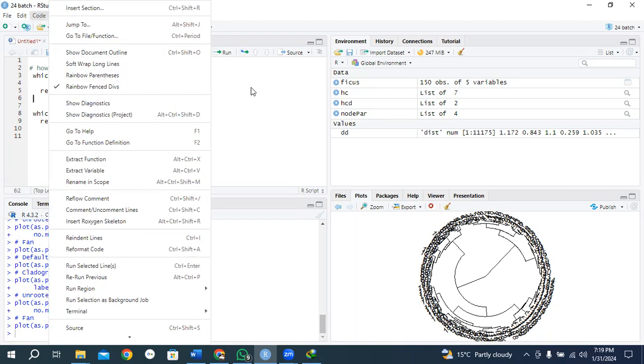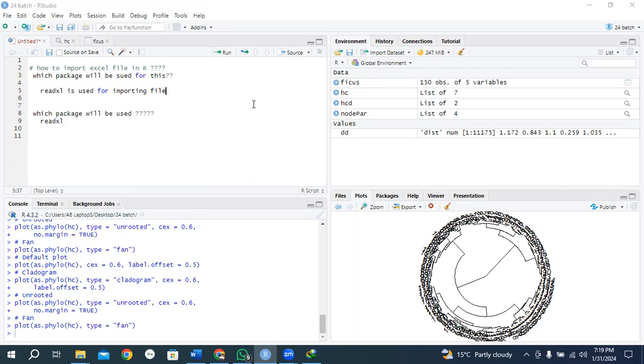He is unable to find the read Excel package, the read Excel instrument. He again comes back to his supervisor and says, sir, I am unable to find read Excel in the RStudio lab. Now his supervisor says, please